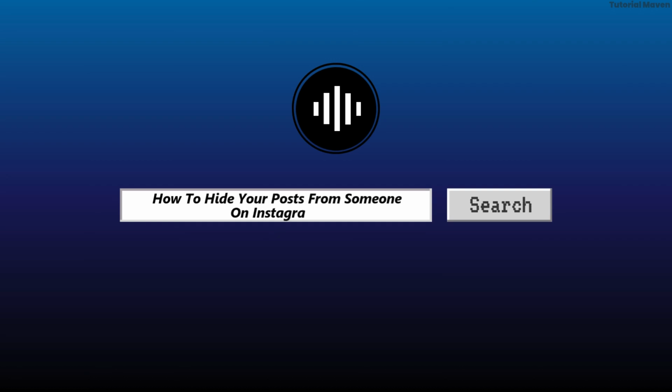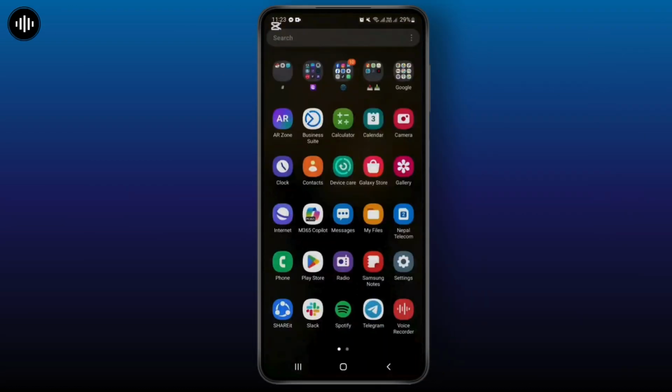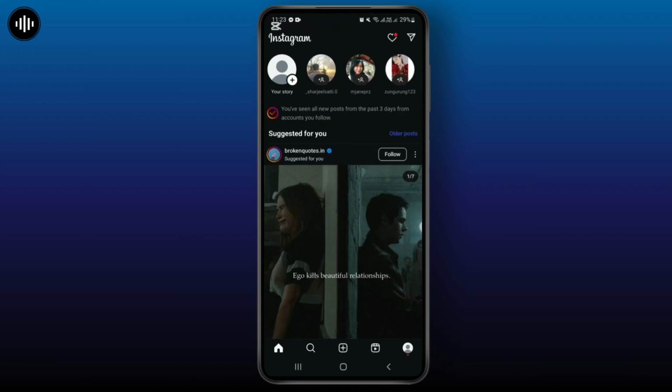How to hide your post from Instagram? First of all, you'll have to open your Instagram from here and log into your account. Okay, so from here, you will have to click on this profile section just at the bottom right corner of